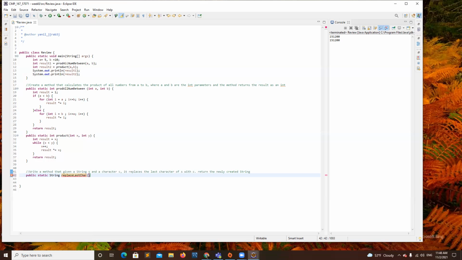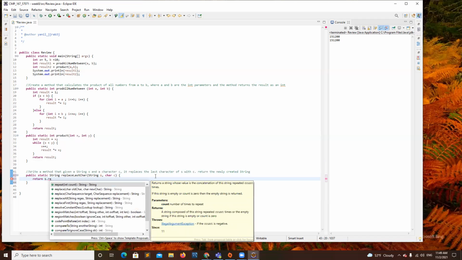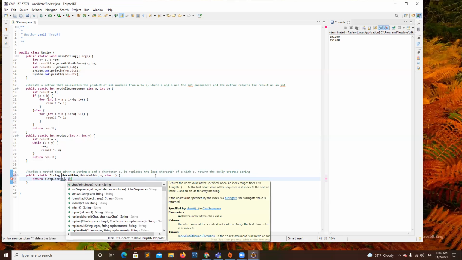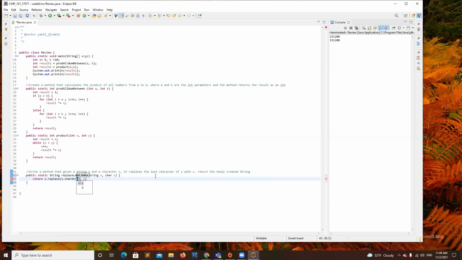There's a string S and char C. I just put return S dot replace, parentheses. One second. Okay, S dot char at, S dot length minus 1.